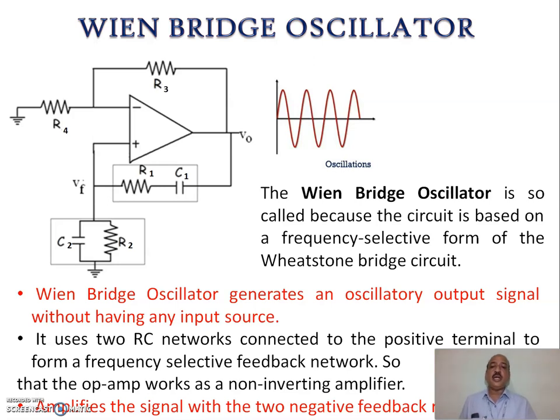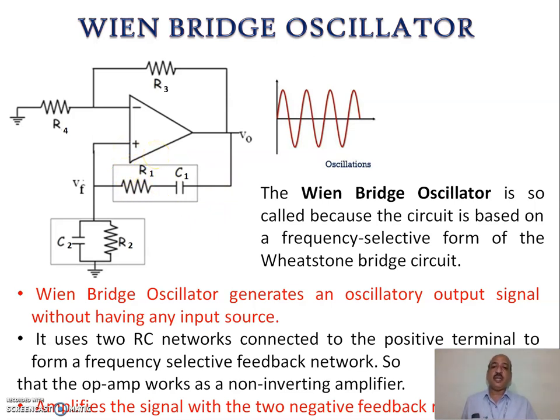It uses two RC networks. Here you can see R1, C1 connected in series, and R2, C2 connected in parallel. That is, it uses two RC networks connected to the positive terminal to form a frequency selective feedback network so that